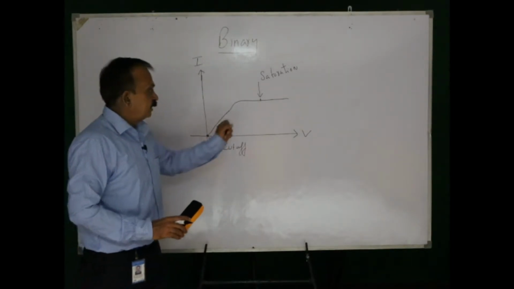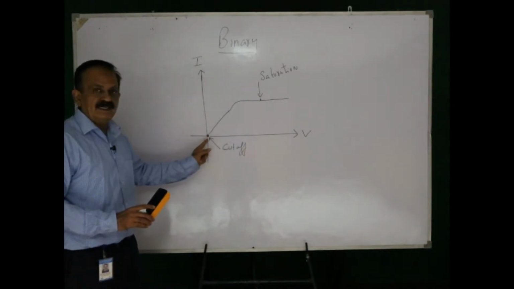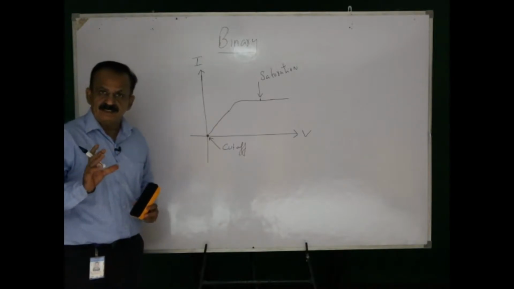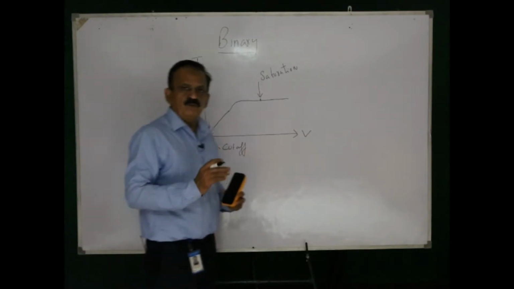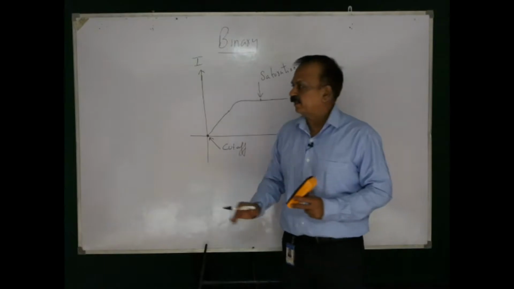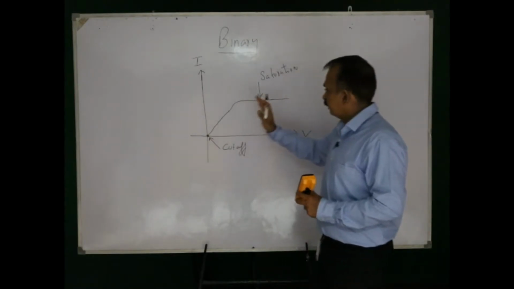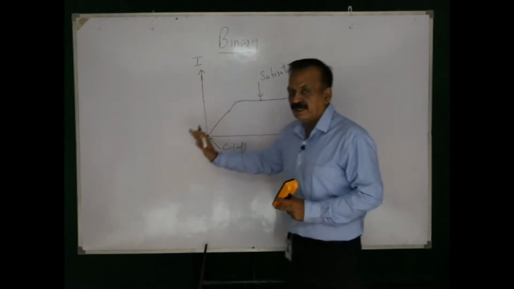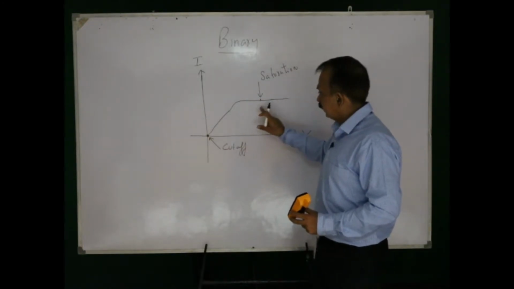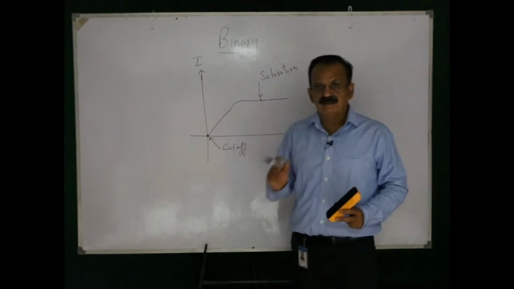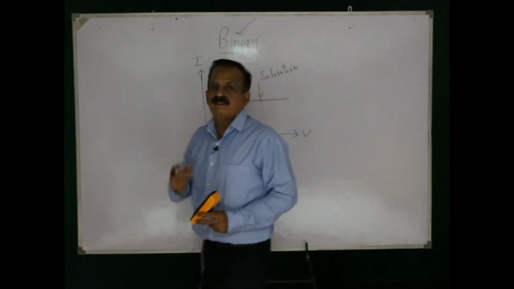Now, it has been seen that the working of devices is very stable in the saturation state as well as in the cutoff state. That is why computer designers prefer to use the devices either in the saturation state or in the cutoff state. That means when the maximum current is passing through the device, or when no current is passing through the device. Since computer designers are using these two states, the best number system to represent two states is the binary number system.